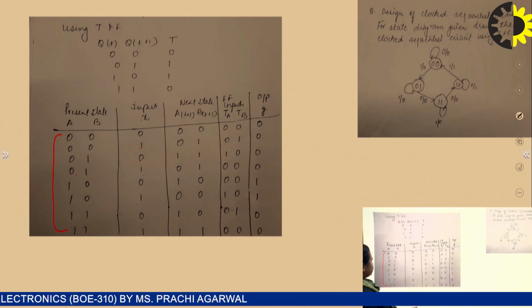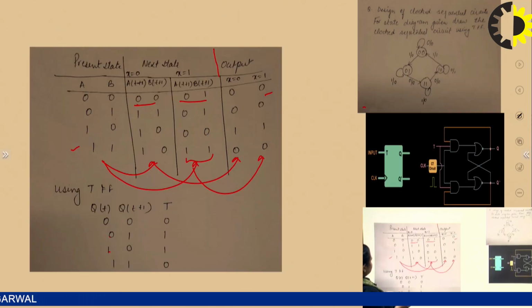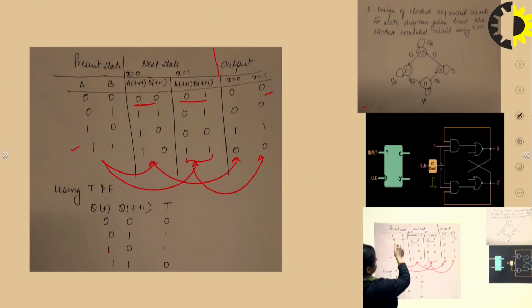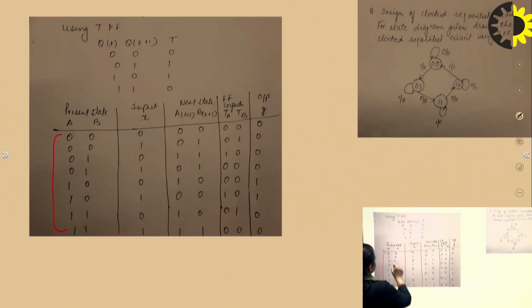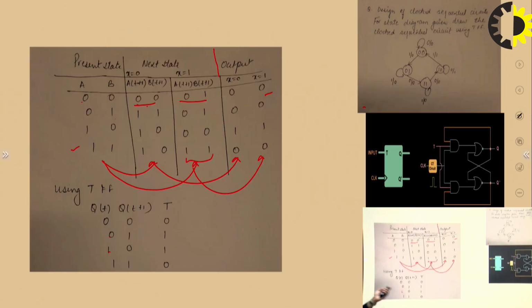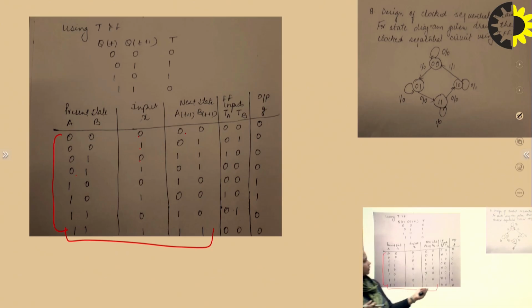Now for the next state you are requiring this table. So for the next state you will make your table. So see, for 0 0, when input is 0, your next state is 0. So 0 0, when input is 0, next state is 0 0, right? So this will create your table. These 3 columns basically you are getting from the previous one. In the previous one, what you have done, you have just structured it in your next table, and the next part is basically this